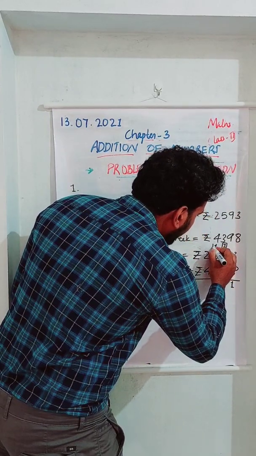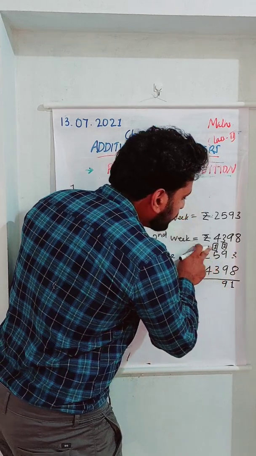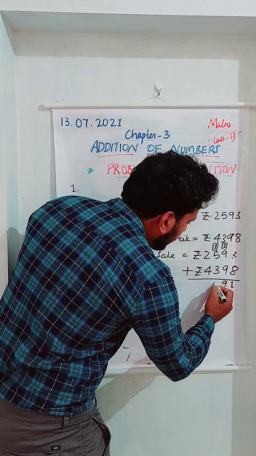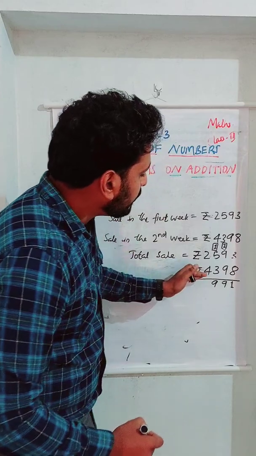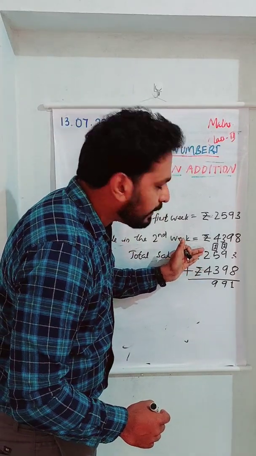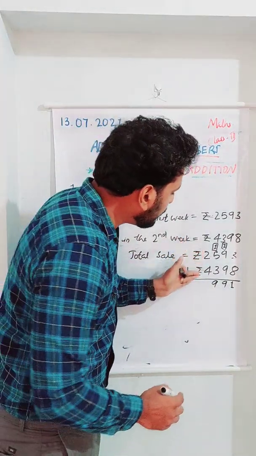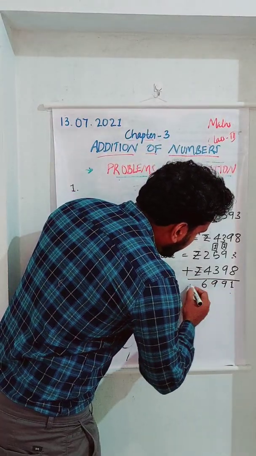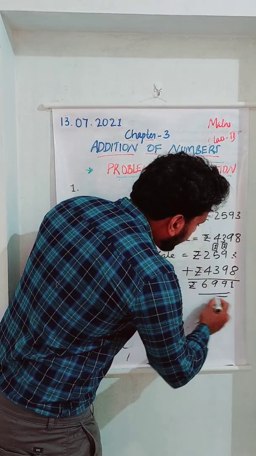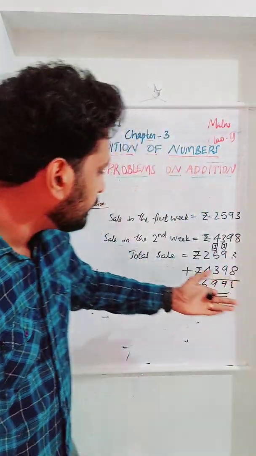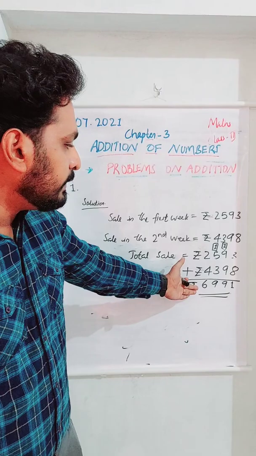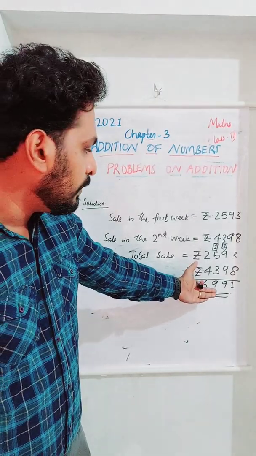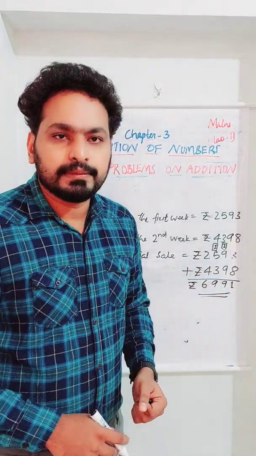Again 1 is carried forward to the next column. 5 plus 1, 6. 6 plus 3 is 9. There is no carry. Then last thousands column, 2 plus 4 is 6. So what is the total sale in that shop? That is 6,991 rupees. So write